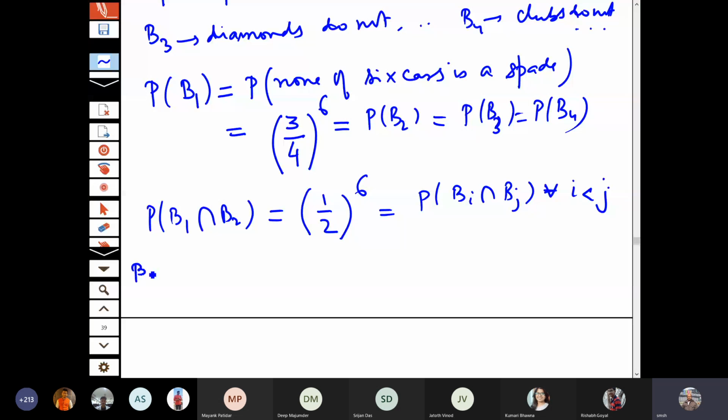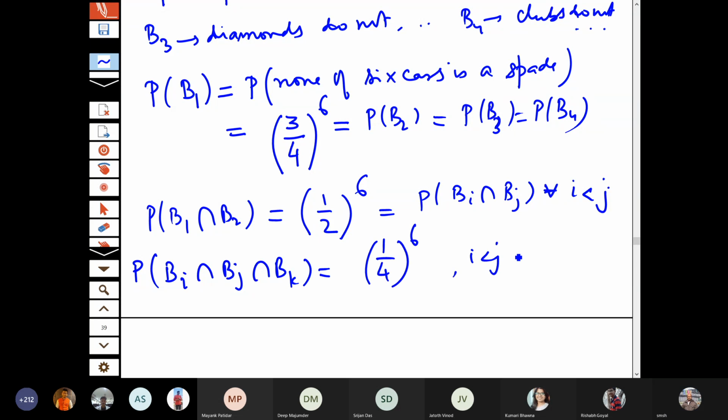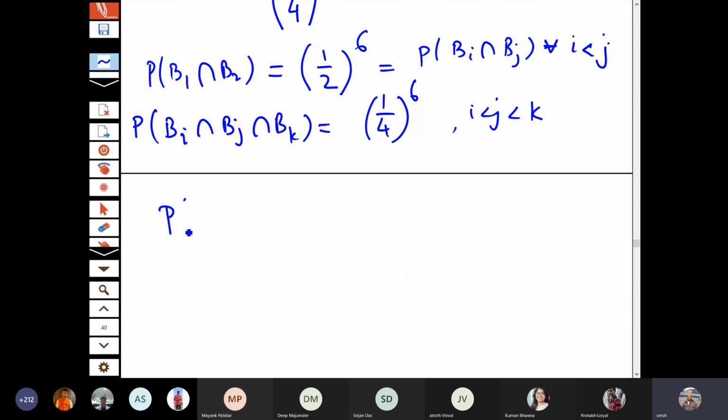And similarly, what is the probability of Bi intersection Bj intersection Bk? That will become 1 by 4 to the power 6. And what is the probability of intersection of Bi, i equal to 1 to 4? That will become 0, because it means that none of them appear, which is of course 0. So if I apply the general addition rule,